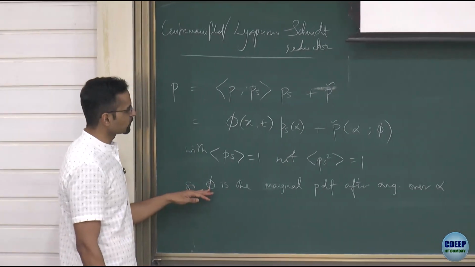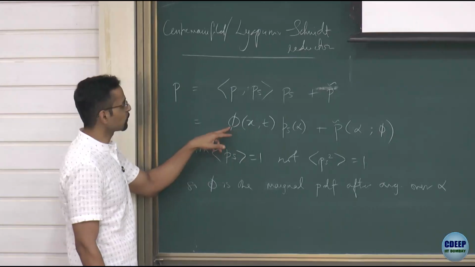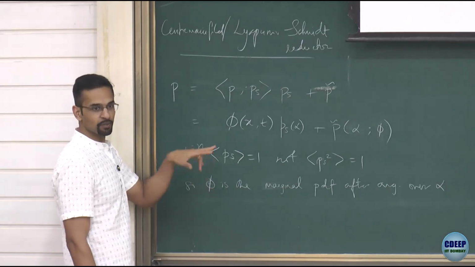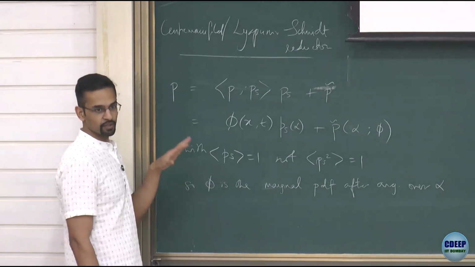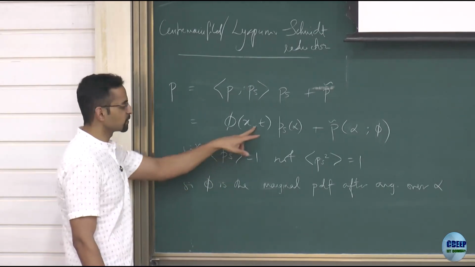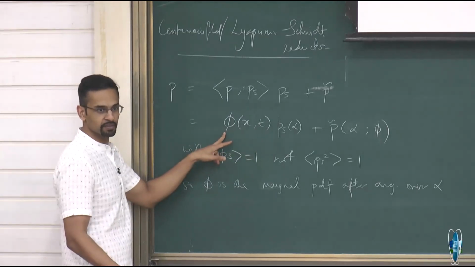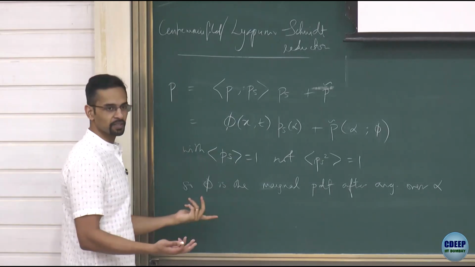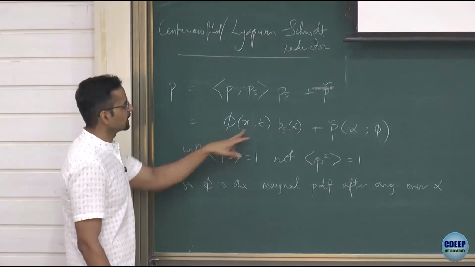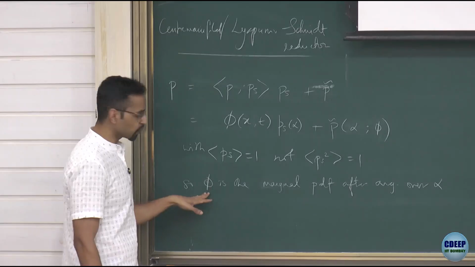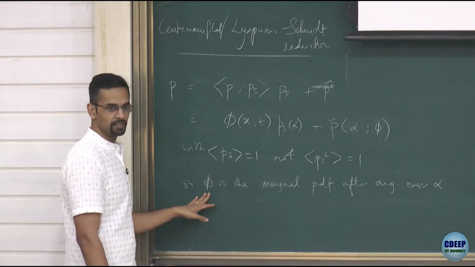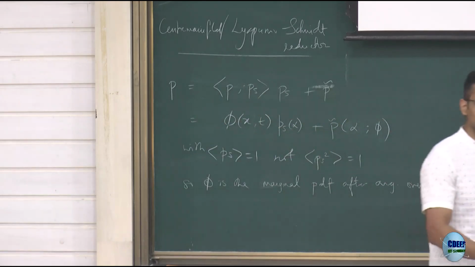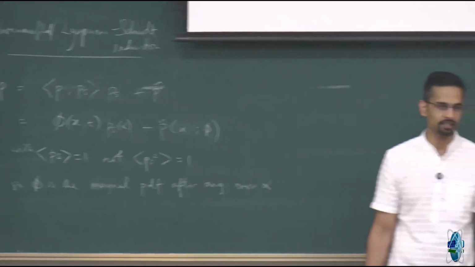Okay, so that's in fact what we really want, because in the end I want to find an equation for phi. And if the equation for phi turns out itself to be a Fokker-Planck equation for the evolution of phi in x and t, so phi only evolves in x and t, it itself is a PDF, the marginal PDF. So that's what I want phi to be. I don't want it to be some component in some function space. Okay. So if I can find the Fokker-Planck equation for phi, which is the PDF in x and t only, then I can interpret the diffusion terms as a noise, and we'll see what form the noise takes.